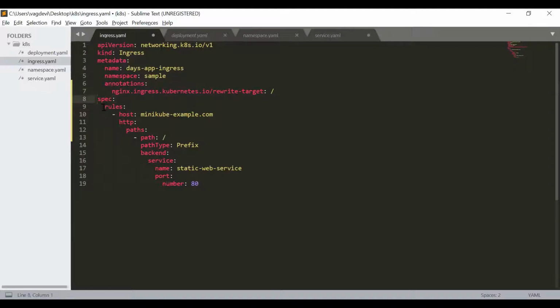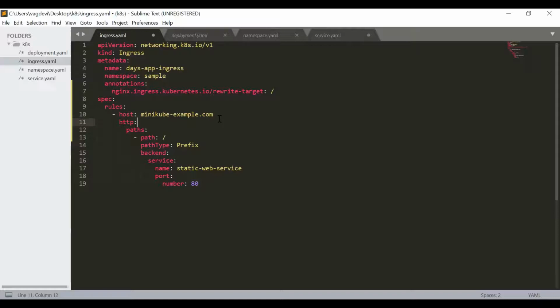Then the specifications. Under specifications, we write the rules, and for the rule, we will be mentioning the host, as we have discussed. We don't want to use any IP address and open ports when we want to access the application through the browser or curl, right? So we want to access the application in a generalized way where we will enter the domain name, and that will somehow invoke the IP address and then give us our application service with the application we need, right?